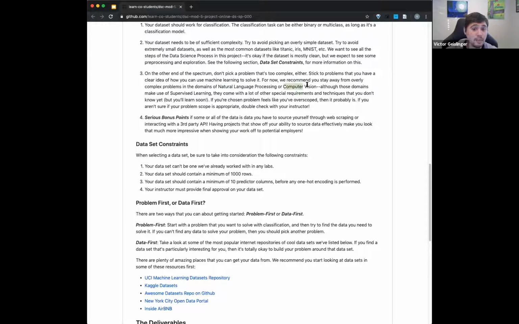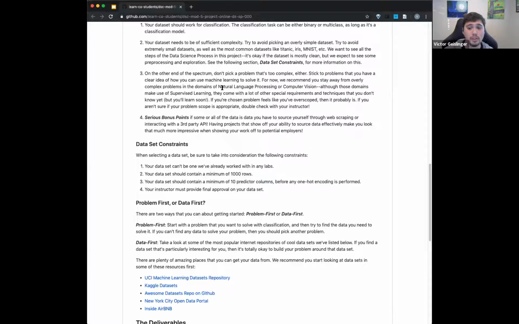Something similar with computer vision, basically anything with images. If you're doing images, there's a whole extra part to that. One is just storing the images. It's a much larger data set. Also, we haven't talked about how to process images, in the sense of how you feed them into a machine learning algorithm. And the third one is that a lot of the algorithms we have, you can technically do some computer vision with them, but it's not going to be the best usually. Usually you need a little more complexity to the models that we have.